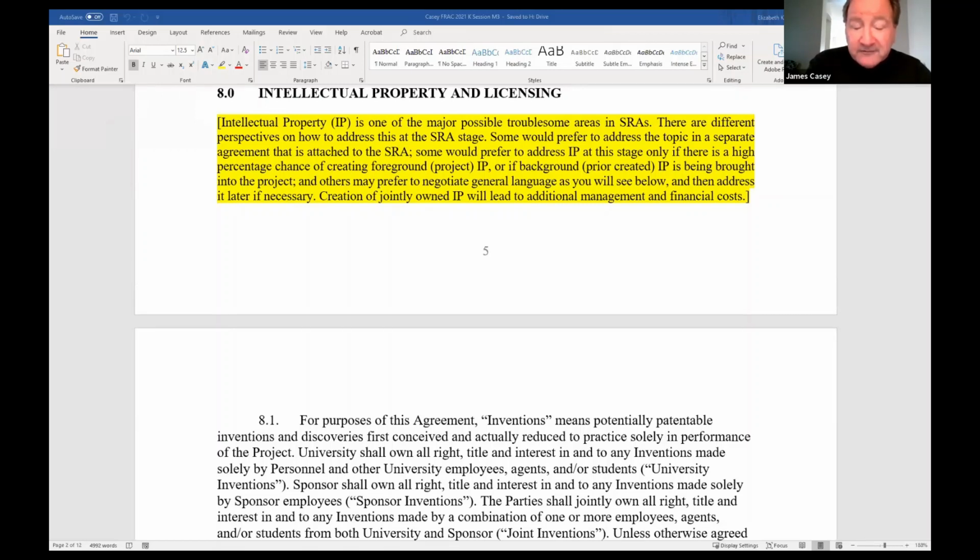But there would always be good faith language in the sponsored research agreement saying, if any potentially patentable material results from the research, then the parties do need to talk, and an appropriate IP licensing agreement will be negotiated. And that licensing agreement would eventually incorporate by reference the sponsored research agreement, because SRAs generally